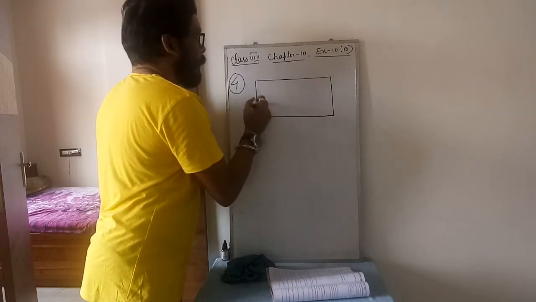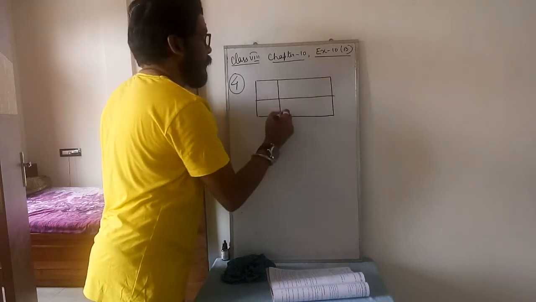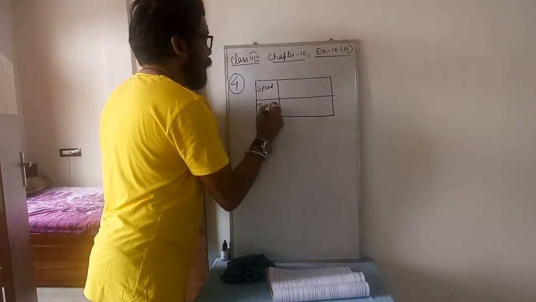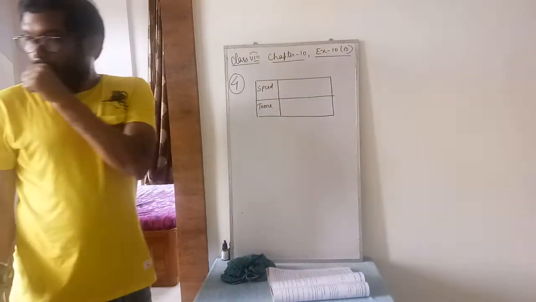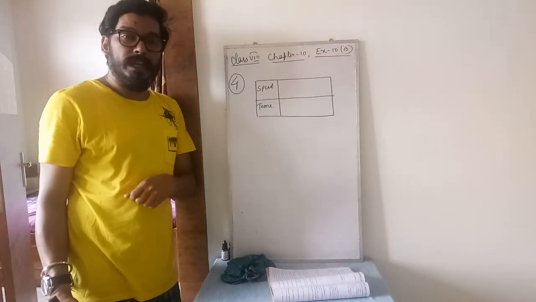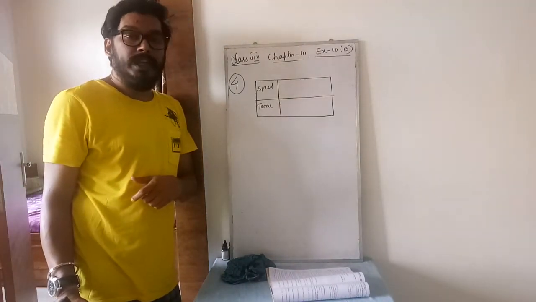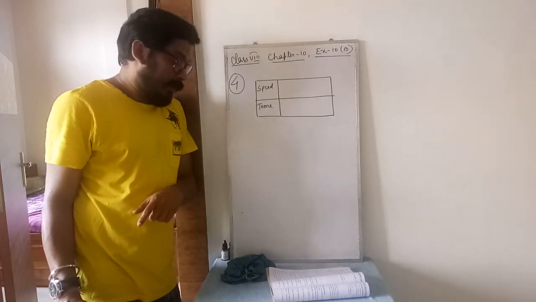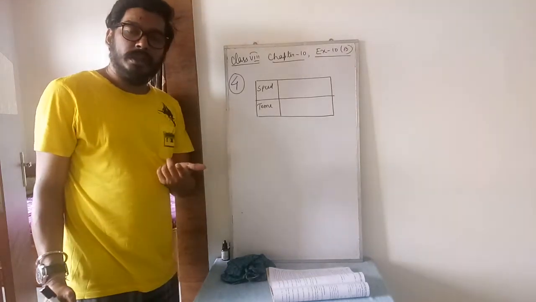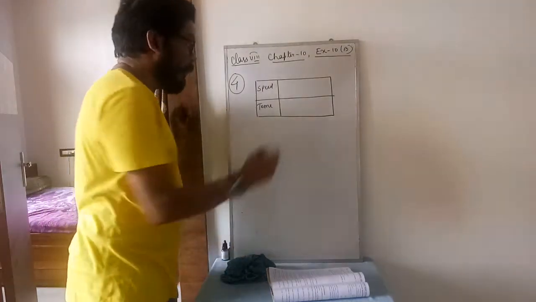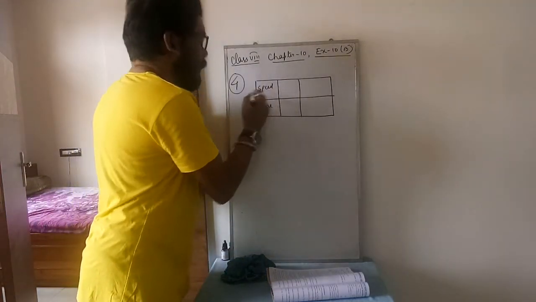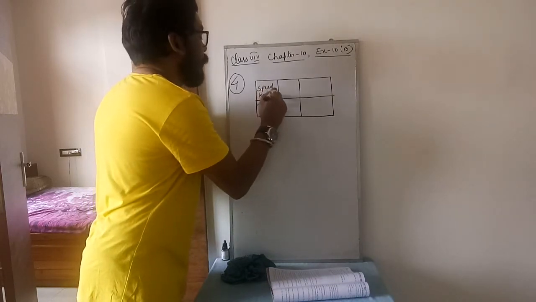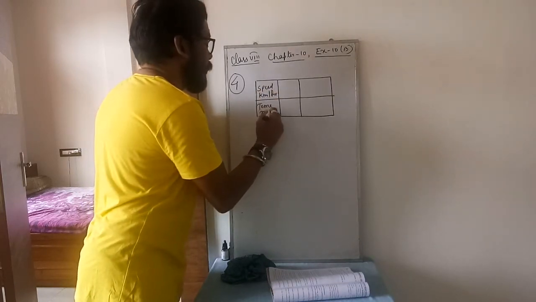10A. So here the terms are speed and time. When we speak of speed and time, to keep it in memory, if speed increases, time will be less. Okay? Because in exam time you have to judge by yourself whether it is direct variation or inverse variation. So speed and time means it is inverse variation. So in first case, you can write the unit here. Here unit given kilometer per hour for speed, and for time it is given minute.